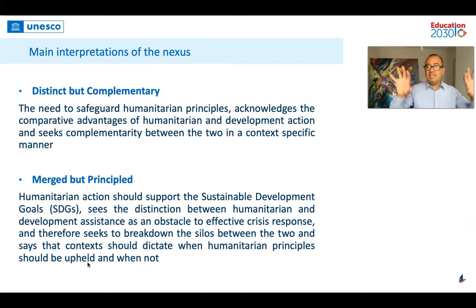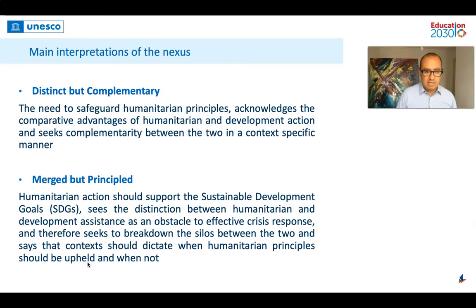They see two completely different elements that are complementary, and they look at it in a context-specific manner. So they are managed in a way where there are two distinct things, but at the end they need to be complementary.